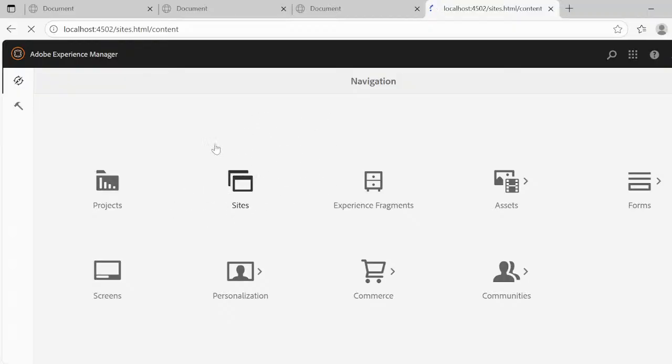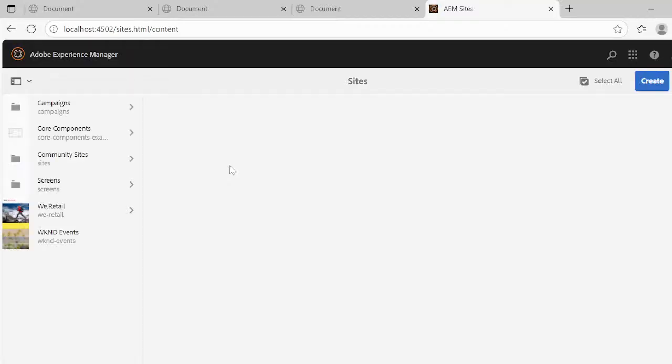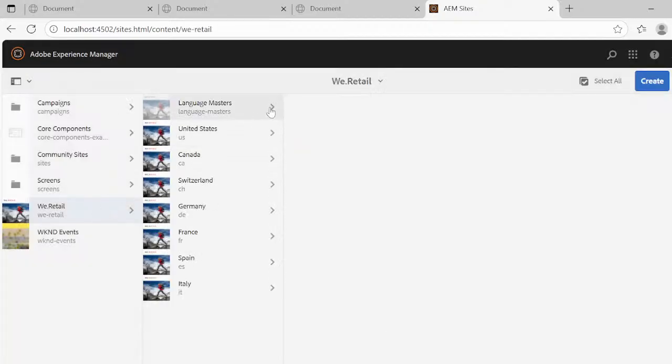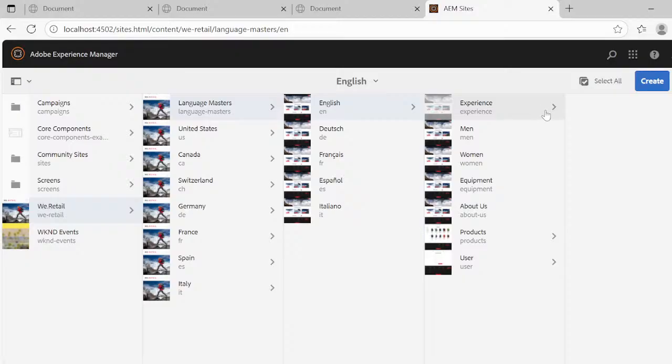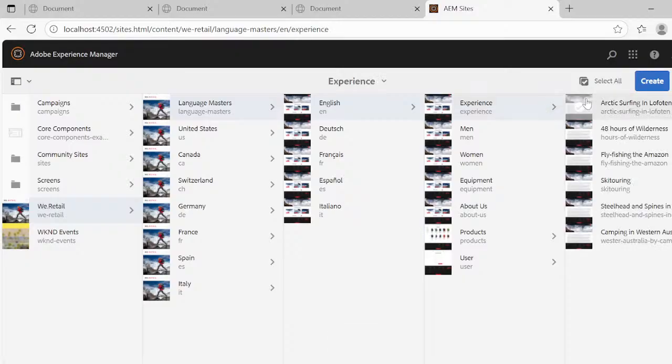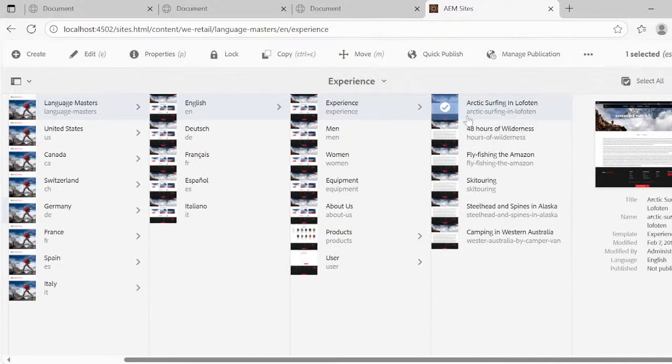You can go through all the options and try to understand how they designed each page and the predefined project. However they designed this project, in the coming days we can develop our own in the same way. For example, this is the page, Arctic Surfing in Lofoten. If I try to edit the page,